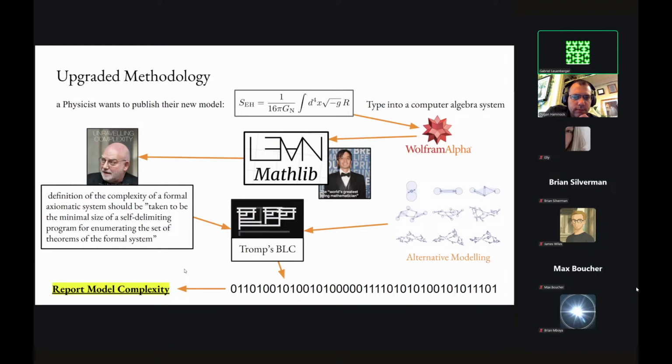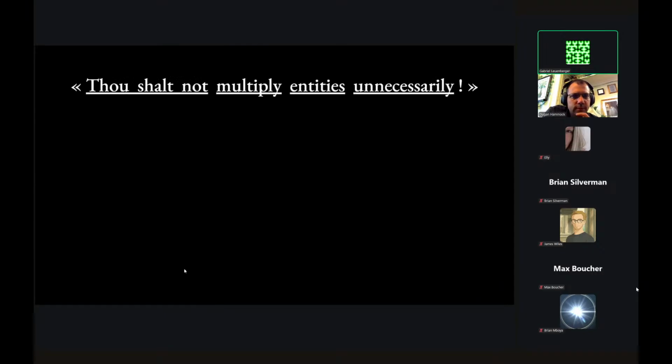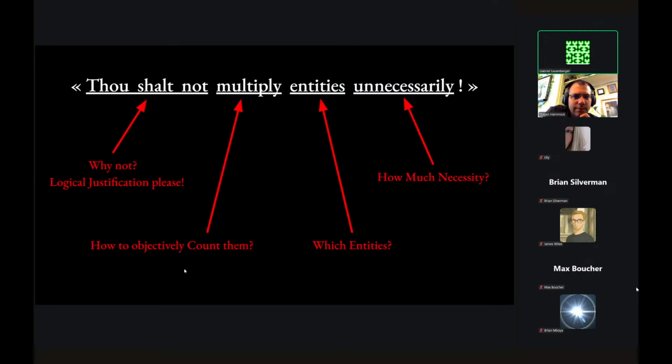So that's the methodology. And here is Occam's razor again, and I'm going to show again that everything that was basically vague and unclear is actually, in reality, all known. For instance, which entities: these are just how many bits of information your model is made of. And for why this is true, there exists a general mathematical proof. You can find it in my paper, and some other people have also argued this before. They just have not explained it well enough, and I had to piece it all together.